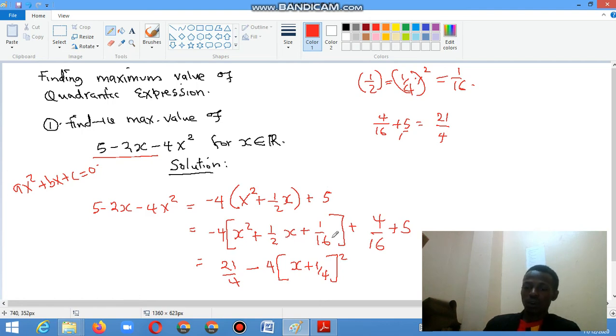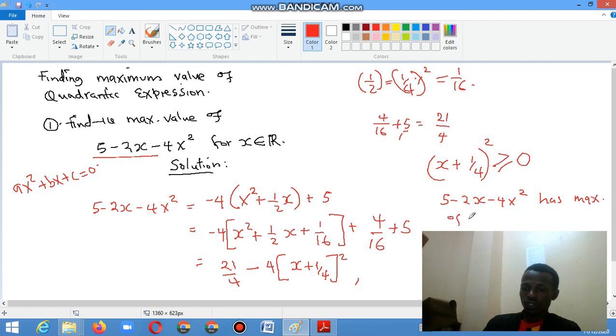So now, as I told you, x plus a quarter squared, this expression must always be greater than or equal to 0. So what does this imply? It implies that 5 minus 2x minus 4x squared has a maximum value